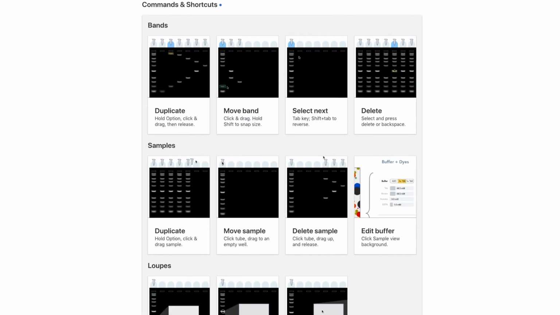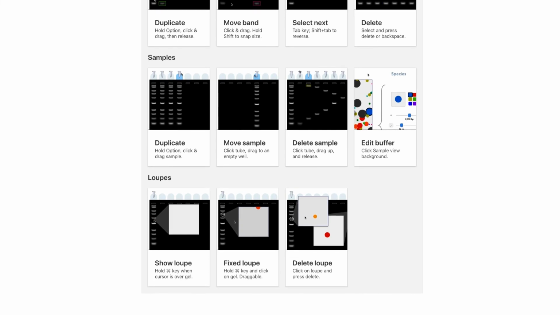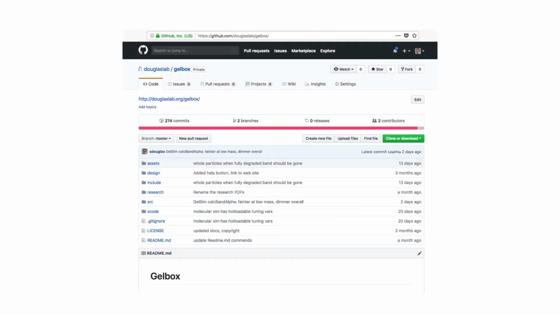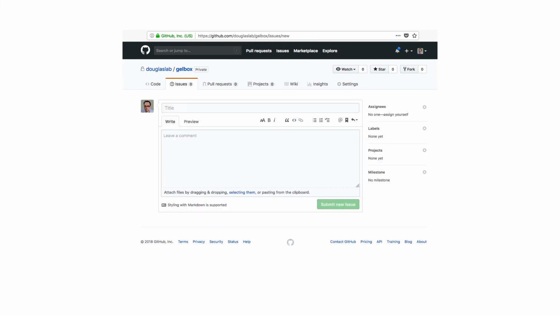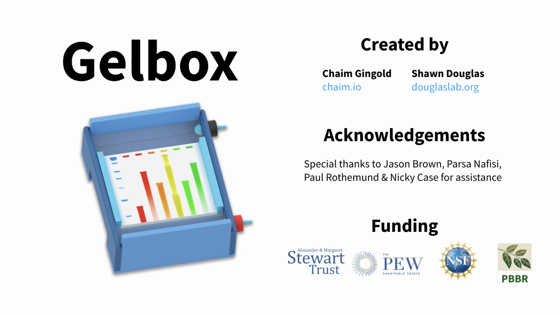You can find a detailed list of commands and shortcuts on the Gelbox webpage. If you encounter any bugs, please submit them as issues on our GitHub site, along with detailed steps for how to reproduce the problem. I'll just close with a special thanks to everyone who helped out on this project, and